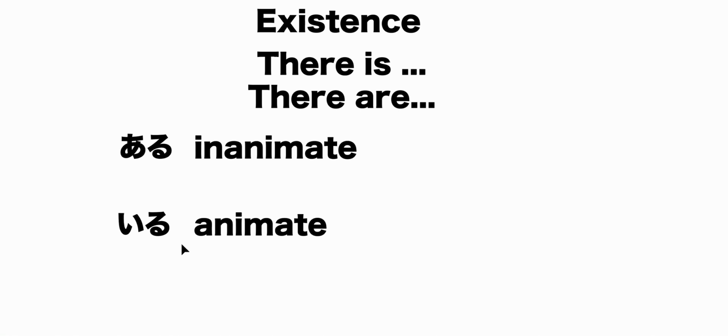Now there are all kinds of interesting edge cases, right? People always ask, okay, what about dead squirrels or zombies or ghosts or trees and stuff? Well, the answer for trees is that it's aru, because even though it's kind of alive, it's not moving. Or it is, but it's moving very slowly, or it's just getting pushed around by the wind. But it isn't walking around thinking and stuff like that. So trees and flowers and rivers and all those kinds of things are all aru. And the other edge cases like dead squirrels and zombies, we'll leave those for another time.